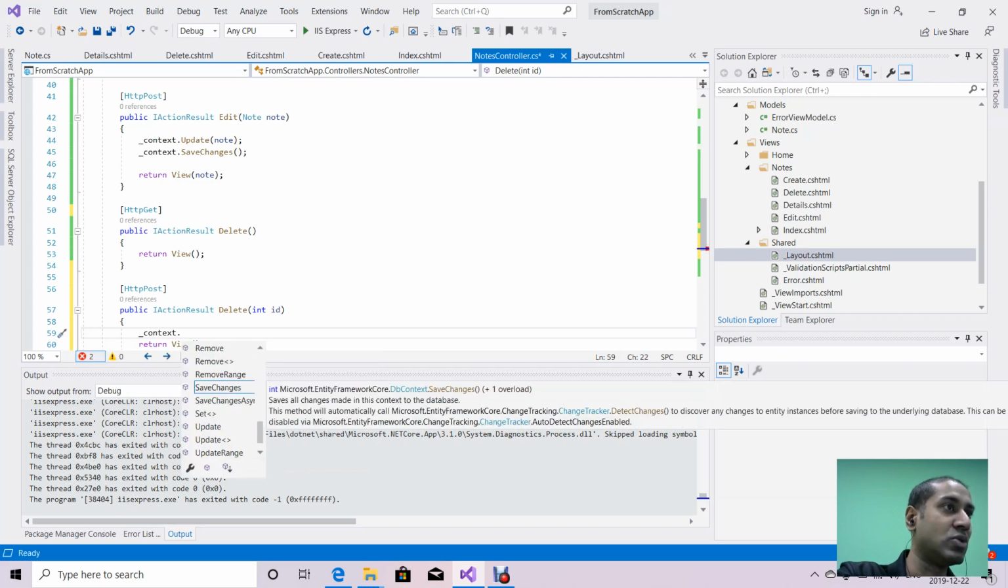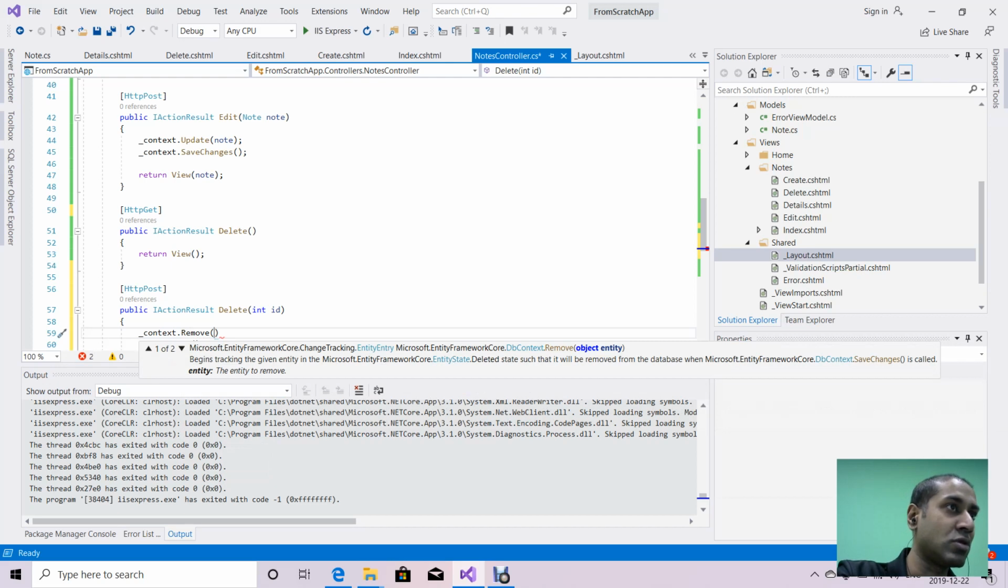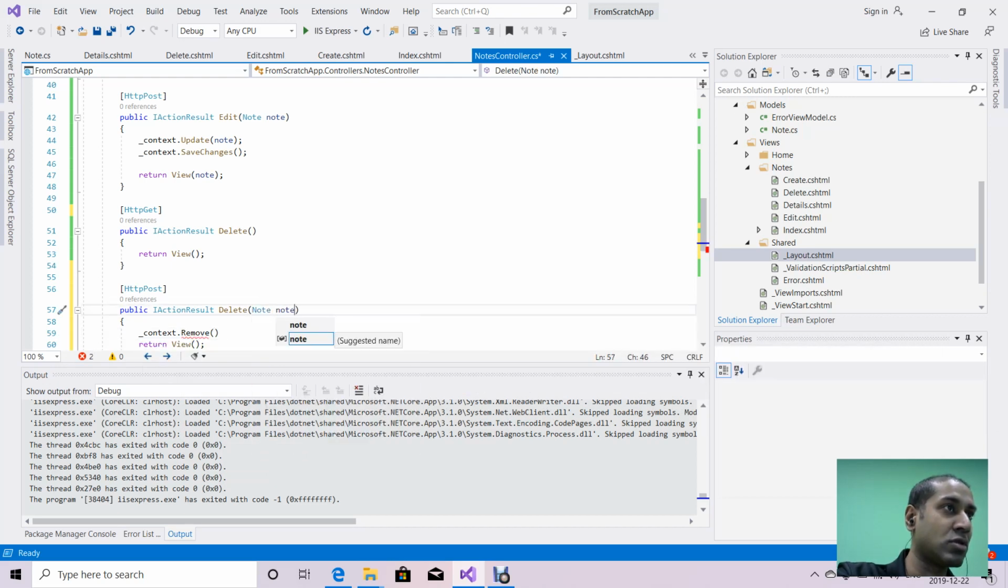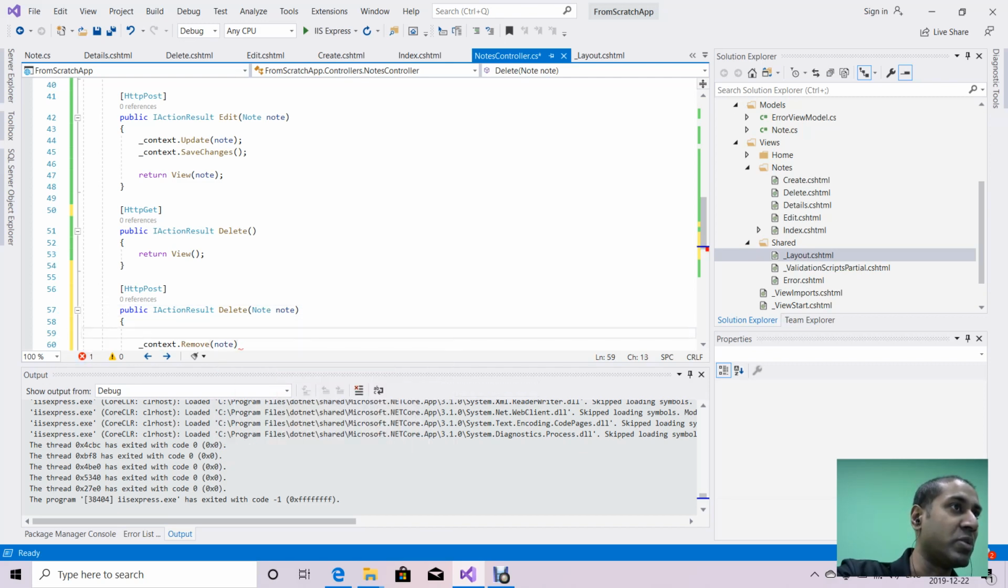So now we're going to remove the note that is passed in. But we'd be passing in the actual ID of the note, so we would actually have to retrieve the note first for the delete. .notes where